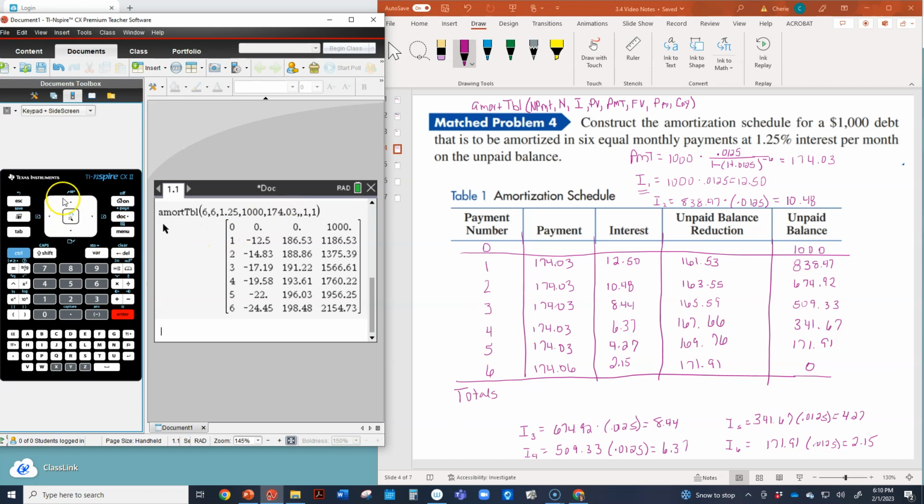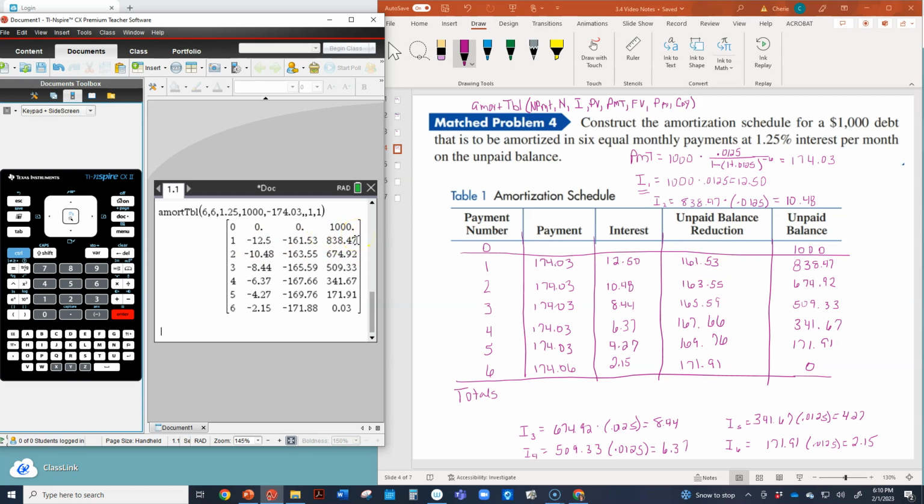So let me try that again. Let me go back up and grab that. It's adding it on there, so my payment needs to be negative. Okay, so now let's press enter. Okay, and so it gave me the 161.53, just like I had right here, $12.50, and it did the